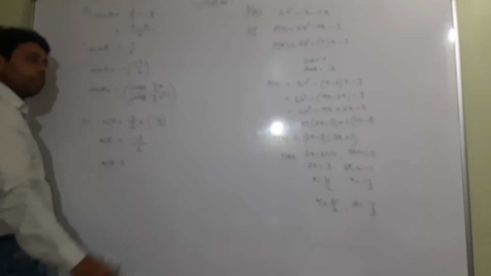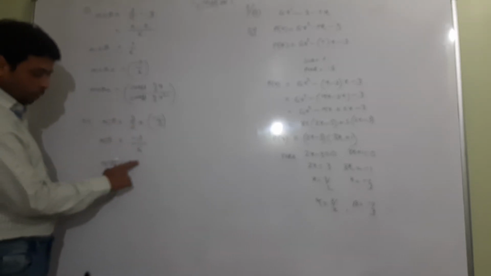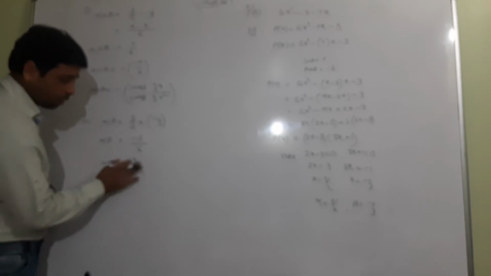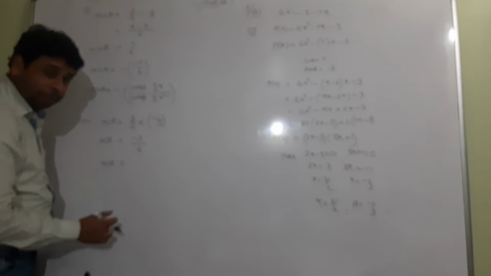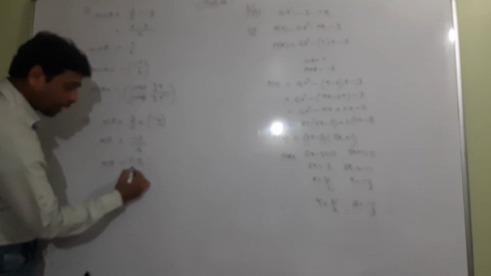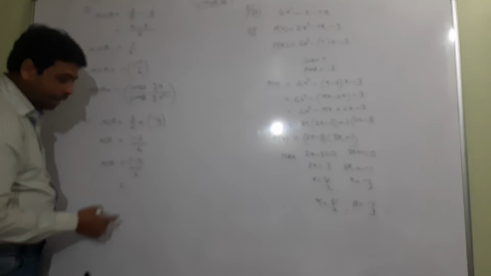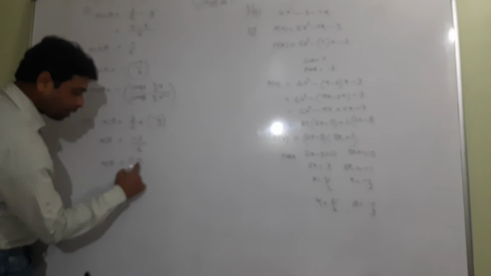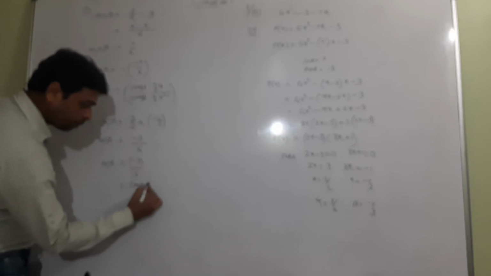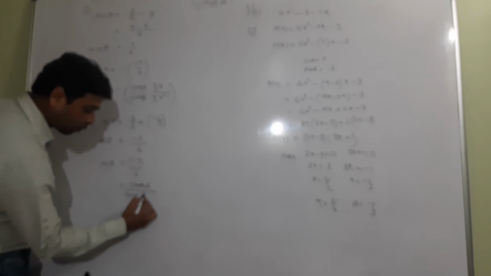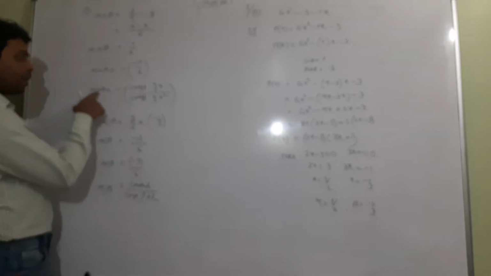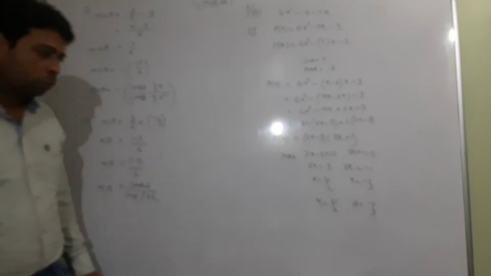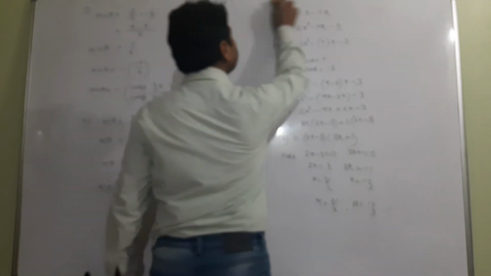You remember my words again. Alpha into beta always positive, but it is negative. So don't make it positive like that. It is senseless. Make the sensible thing like minus 3 put in a bracket. And see minus 3 is where? Minus 3 itself constant term. So with minus and 3 write constant term. And upon it is definitely coefficient of x square. So ultimately you will see that alpha plus beta comes negative and alpha into beta comes positive. But that's an answer. So hope student you got. I don't think it is tough now for you.